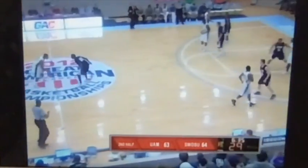L.A. Farmer across the time stripe. Between the circles. His team down by 1. Here's Ricardo Hall on the far side. Moves it inside, trying to find the shot. Puts it up, off the iron, will not go. Rebound goes to the Bulldogs. Here's Donahoe. Donahoe inside to...